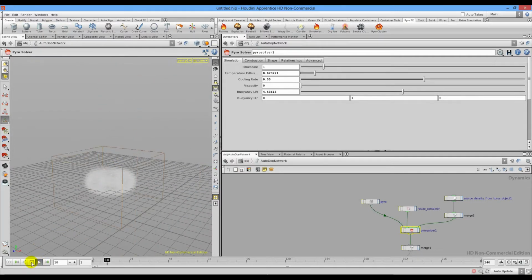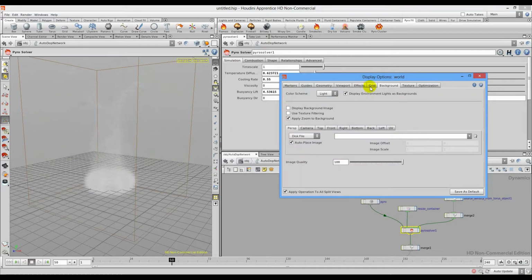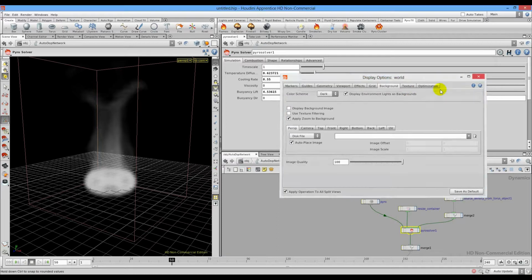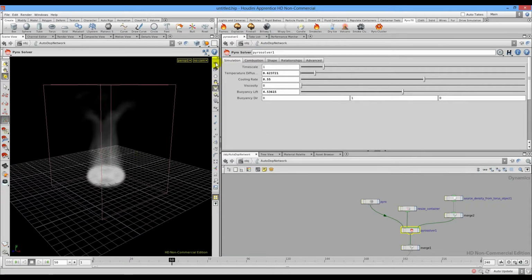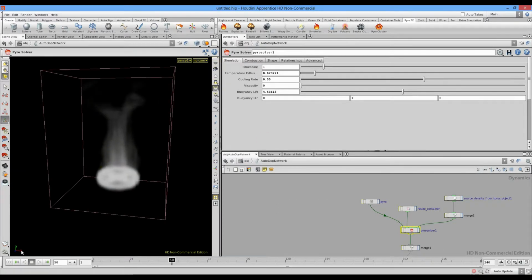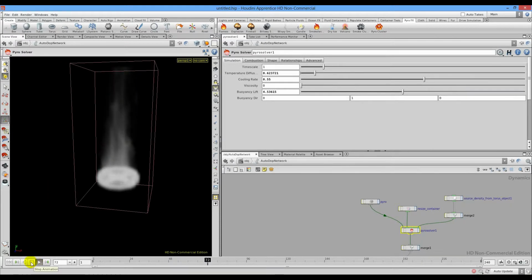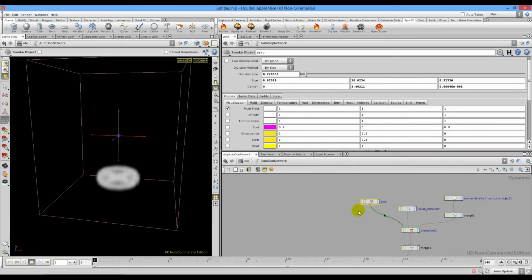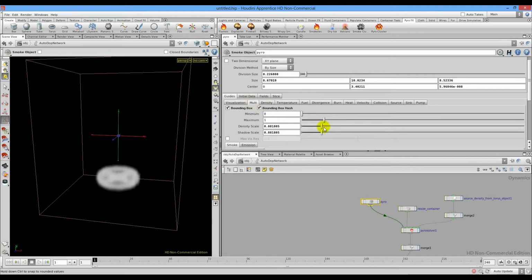So this is just fast, simple smoke. And again, I will hit D to bring my color scheme to dark one, so you can see this, turn on the grid. Alright, so here is my smoke. I will make it a bit darker,